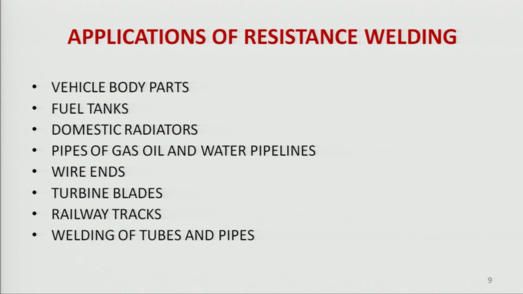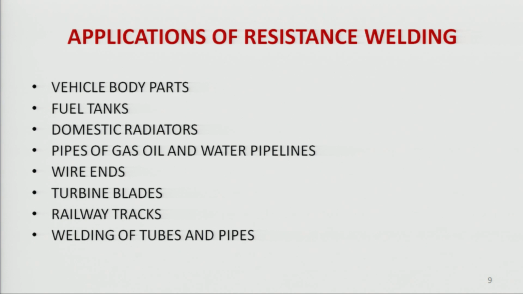Application of resistance welding. Different types of welding techniques are used for different purposes. When I give the example of an automobile, almost every type of welding is used there, but resistance welding is used in sheet metal work. All the sheet metal work done in the automobile, there you apply it. So, vehicle body parts are an example application of resistance welding.